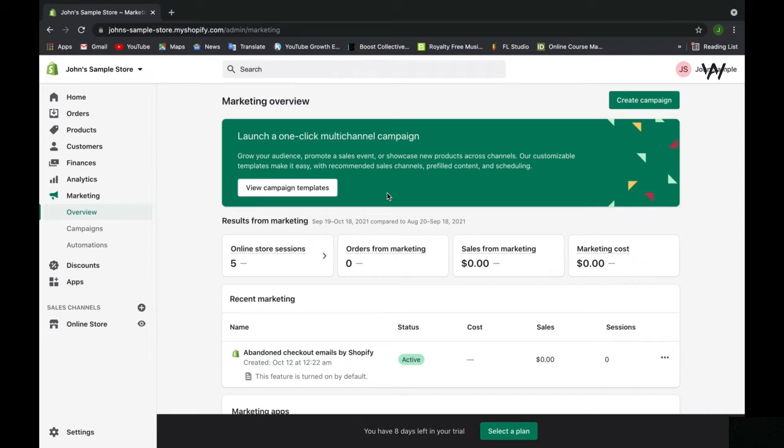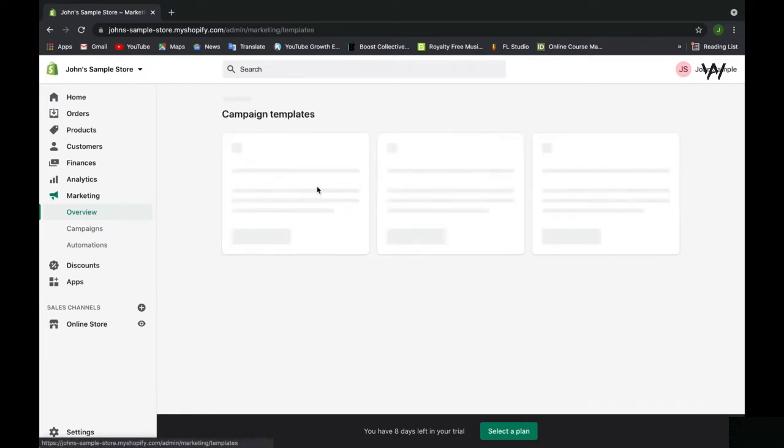And with ads on Shopify, you can do a lot, right? You can grow your audience, promote your sales and start building conversions, so building a customer base. You can also, of course, just promote your brand in general and get people to be aware of your entire online business. So if we click View Campaign Templates here,